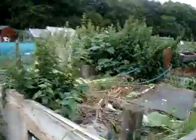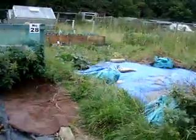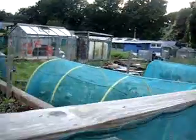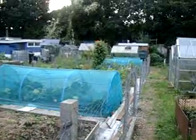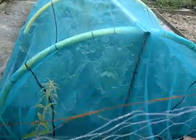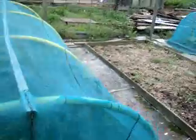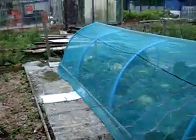So this used to be my herb garden, and that used to be my compost bin. Right, and I'll show you Mark's, because I've got Mark's garden as well. So this is Mark's garden. He hasn't got anything in his leek trench, so he's got all these little raised beds all the way along, and then he's got this netting that he just puts down when he needs to. So obviously he's got cabbages, and I don't know what they are at the end. And then he hasn't got anything in this garden. I think that one's all done and dusted. He's got more